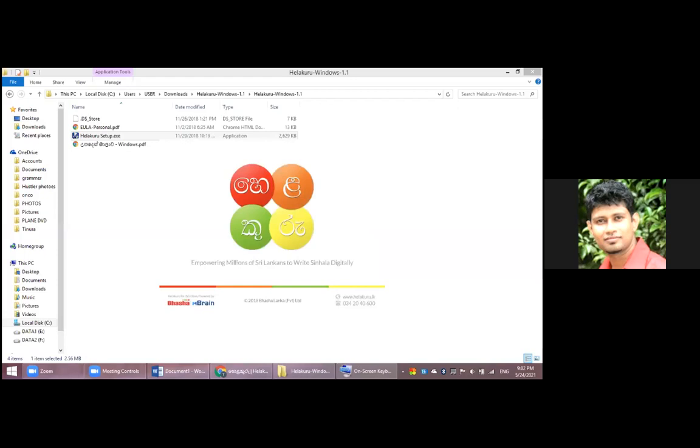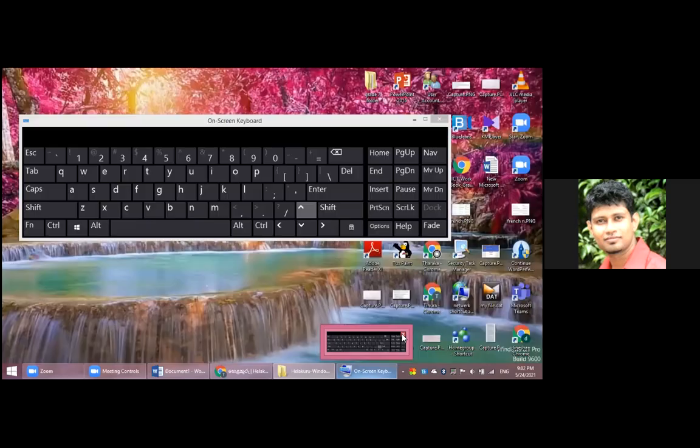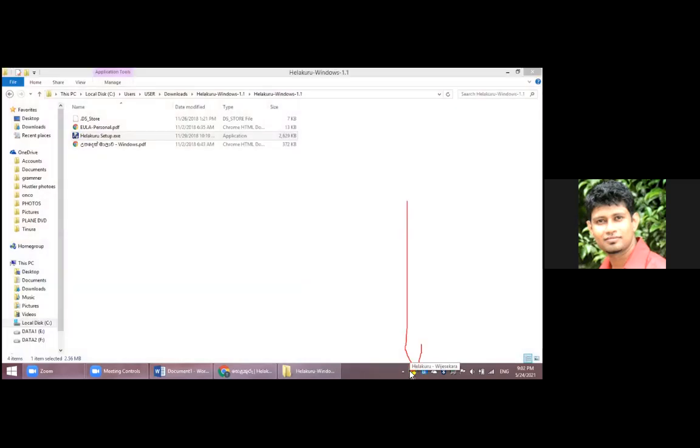Just open it. After installing, you have to open it, right? The first time you have to open, but next time onward, it will open automatically when you turn on the computer. Now you can see it is there. So don't frequently change between the windows. Here you can see both keyboards, Vijay Sekara or phonetic. Phonetic is preferred. Keep phonetic. No need to change that.